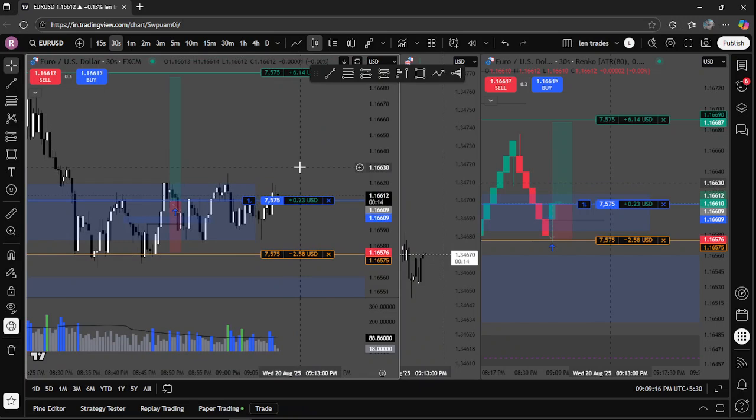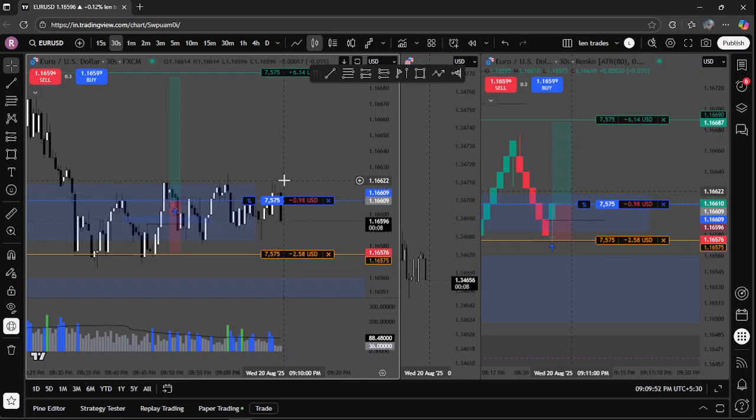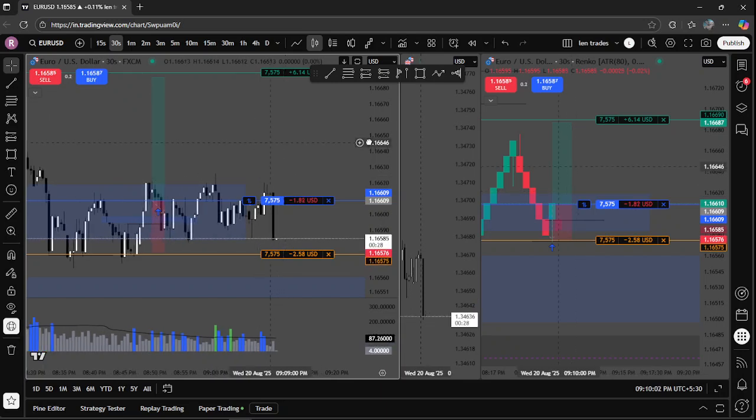This area. 1.5 above that. If not, then there will be consolidation. During that time,